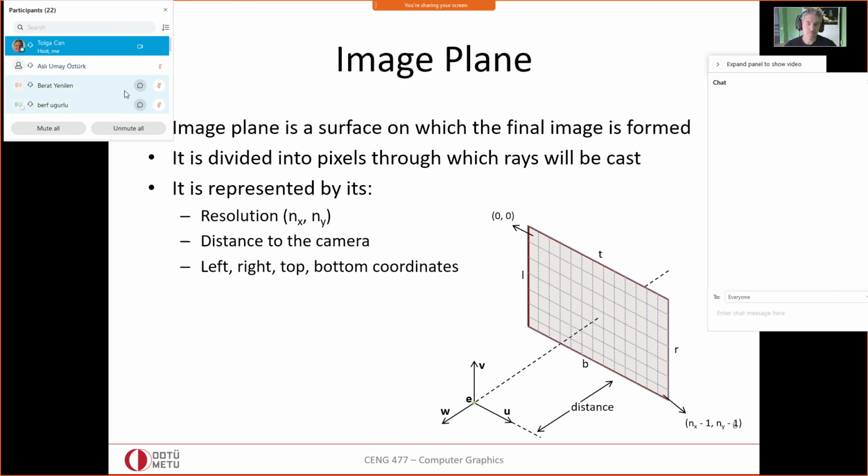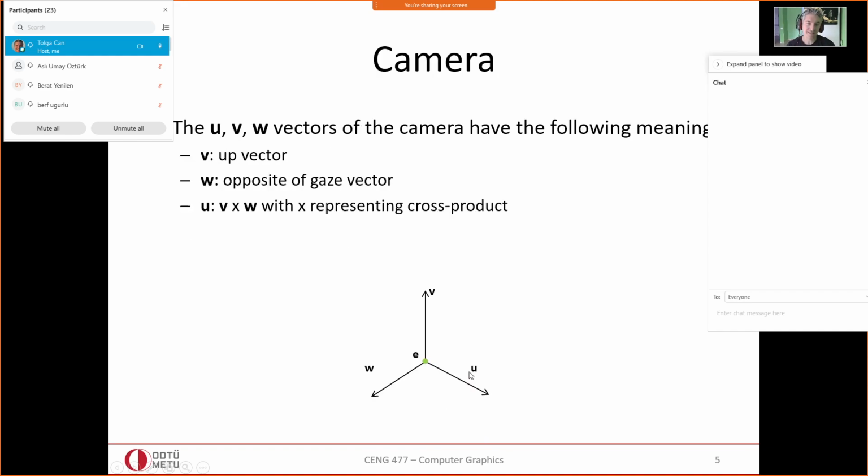Okay, so here one important element of ray tracing, as I said, is the camera. A camera and image plane actually together form the camera itself. On the slides, the camera is just shown to have the location of the focal point where the rays originate or light rays collect. You may look at this from two different perspectives: either light rays collect at this focal point E, or it's the position of your eye or position of your camera. It's the central point of your camera. You can think about it like that. And also it comes with